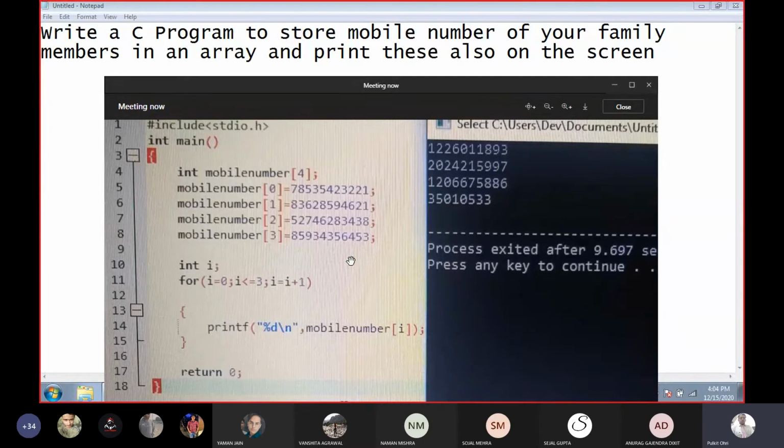So instead of using integer, use the double. In the line number 4, instead of writing int, write double. In the line number 14, change percentage d to LF, long float.